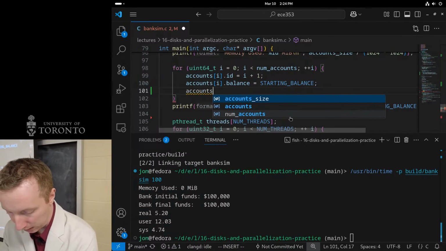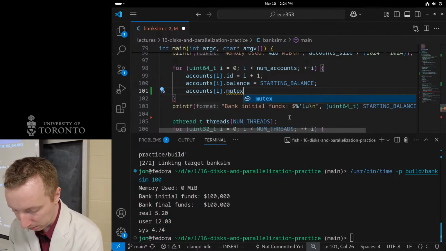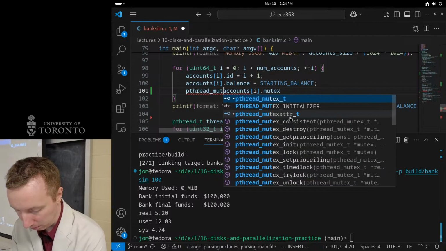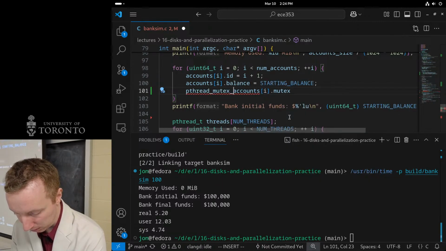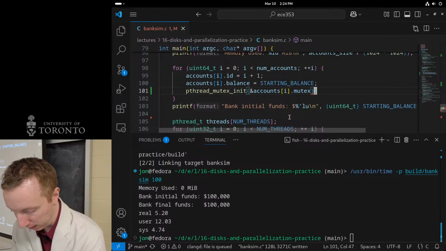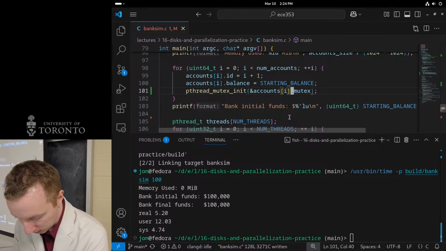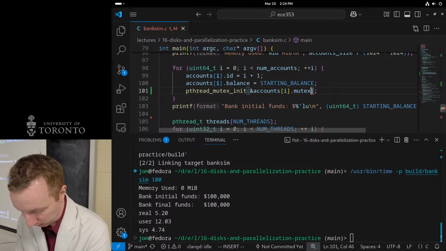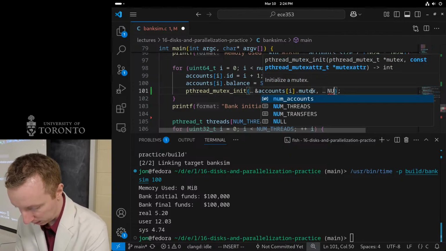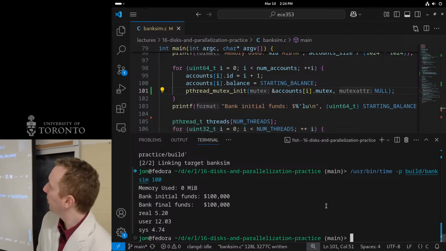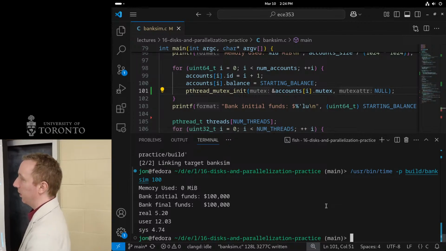So that would be accounts i.mutex. So we have to do pthread mutex init, and then address of that. Too few args. So that, and then null default attributes, we don't care. So that creates our mutex for every single account. Great.